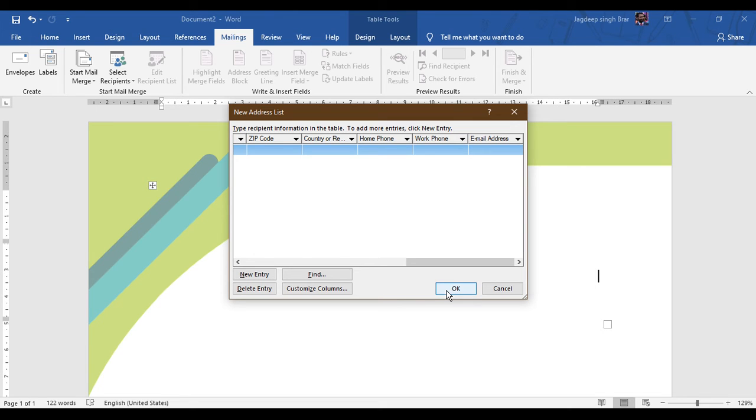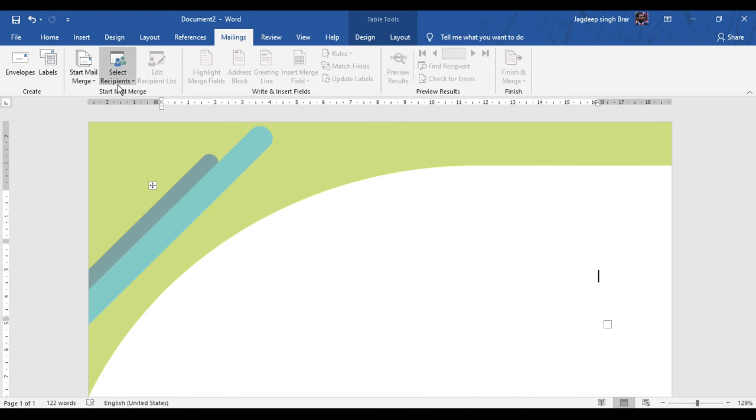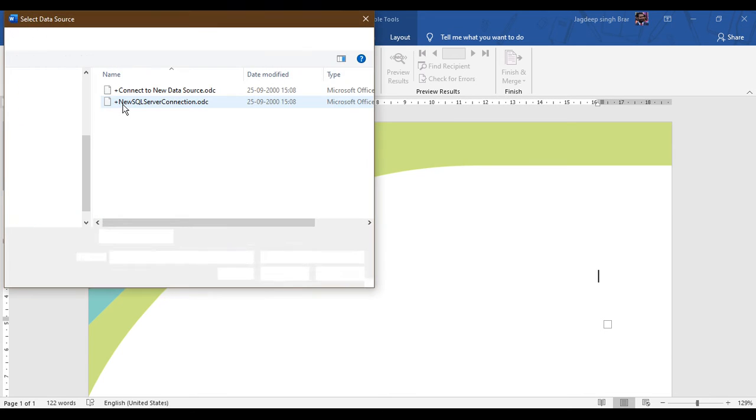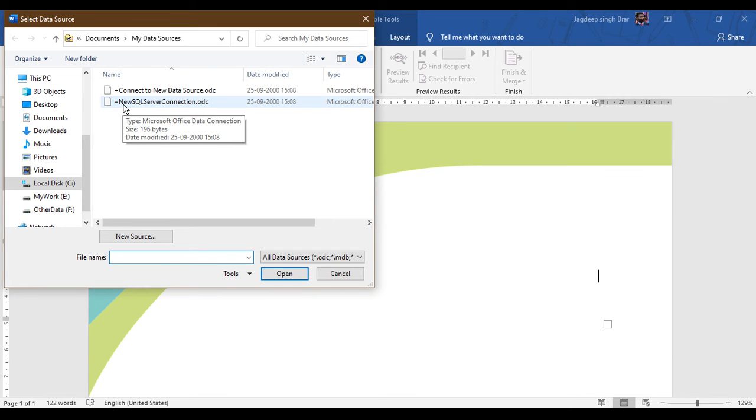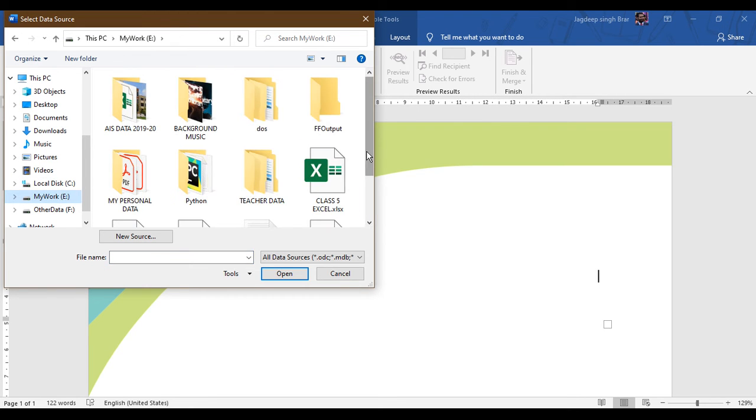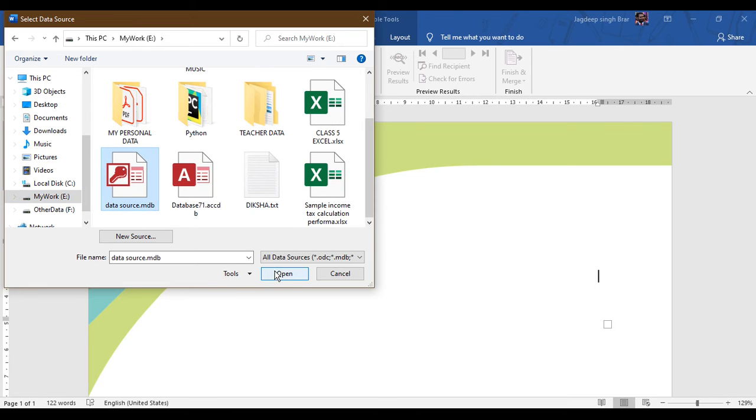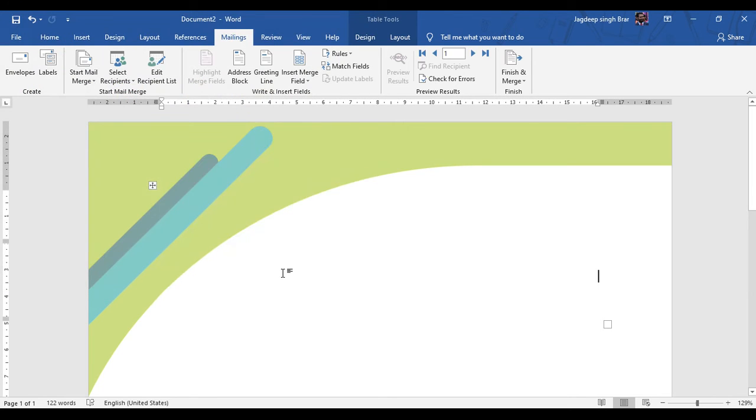The second option is use an existing list. To use an existing list, first you need to browse to the folder where you have saved your database. Select the data source, click on Open, and it will select the data source.